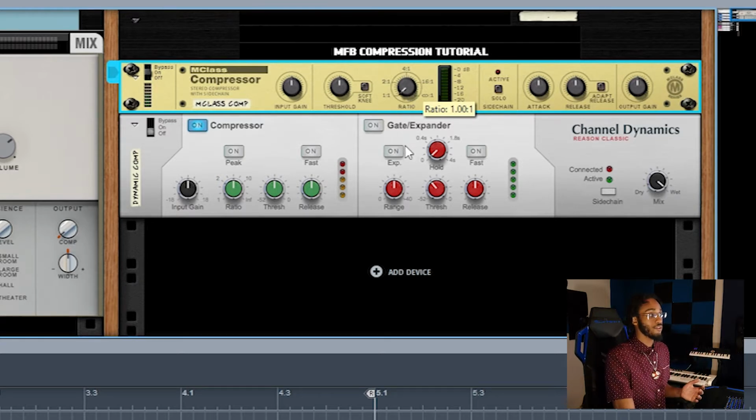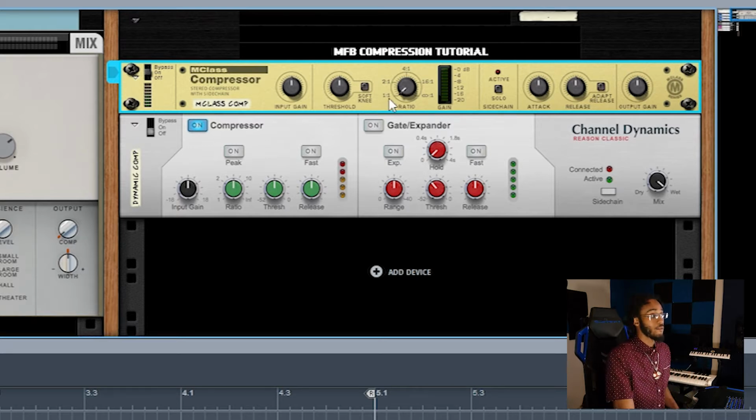So if we have it here at a 1-to-1 ratio, pretty much this compressor is not going to do any work at all. So when it hits negative 17 dB, like how we have here, when it hits that point, nothing's going to happen to your incoming signal. It's just going to be as loud as it was before, and it's not really going to affect your incoming